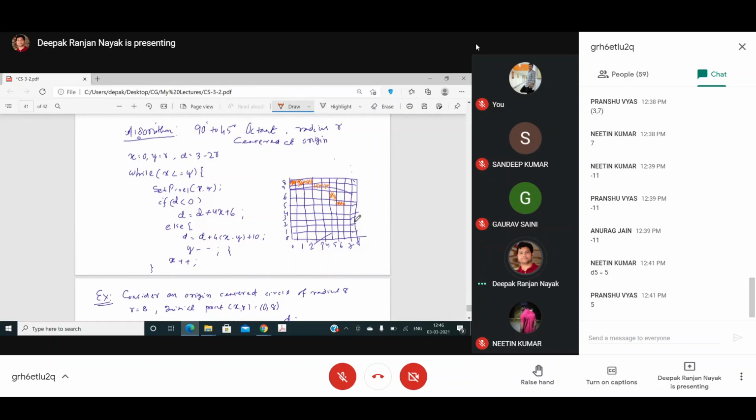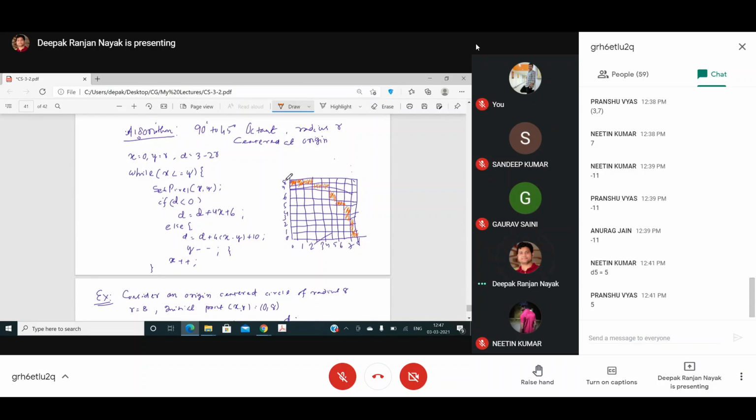of course, this octant. Basically for this octant, just the reverse values. If it is 0, 8, of course, you will get the value of 8, 0 here, right? And similarly, if it is 1, 8, you will get 8, 1. And if it's 2, 8, you will get 8, 2. And if it is 3, 7, you'll get 7, 3. And if it is 4, 7, you'll get 7, 4 also.